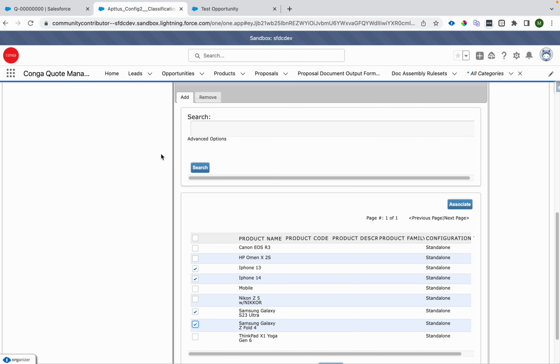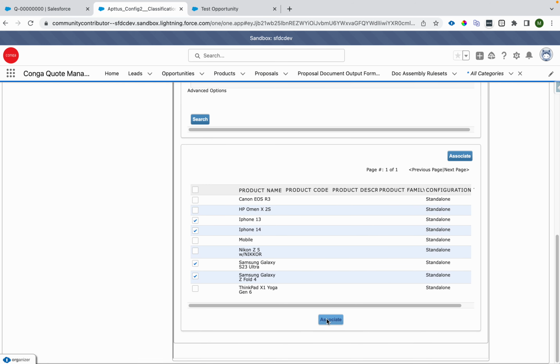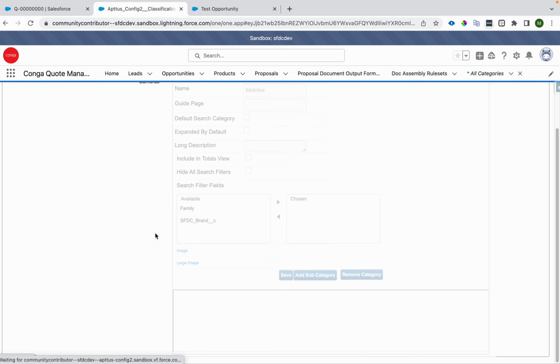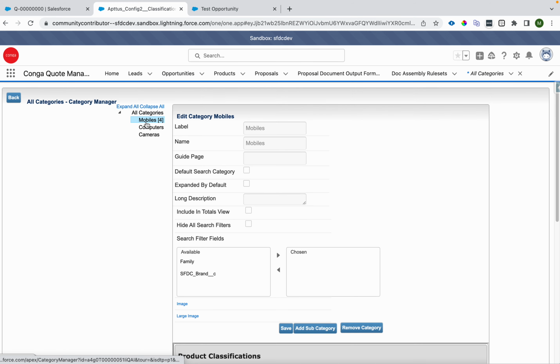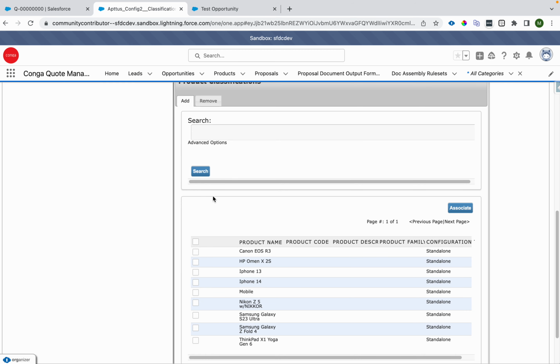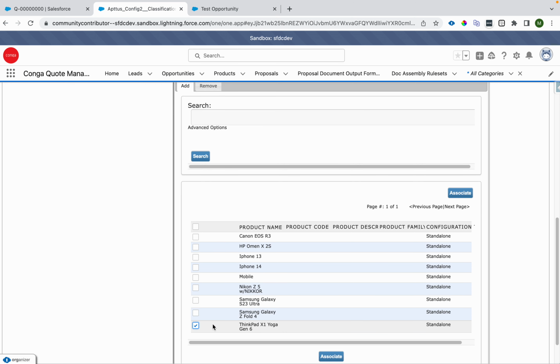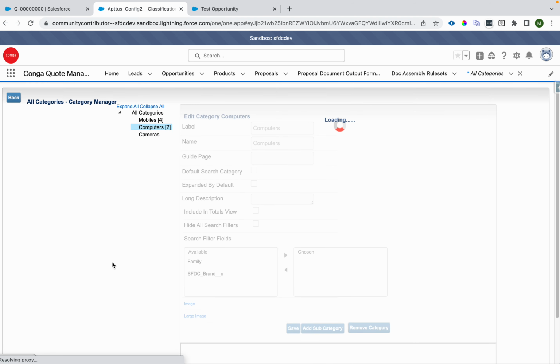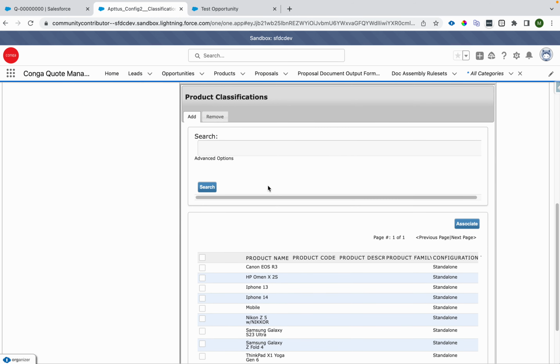I guess we are in mobile, so I'll select this, I'll click associate, and those products will be associated with the subcategory. I'll go to computers and I'll select the computers as ThinkPad, and the HP one I'll associate it, and now I'll finally go to cameras and I will associate cameras as well